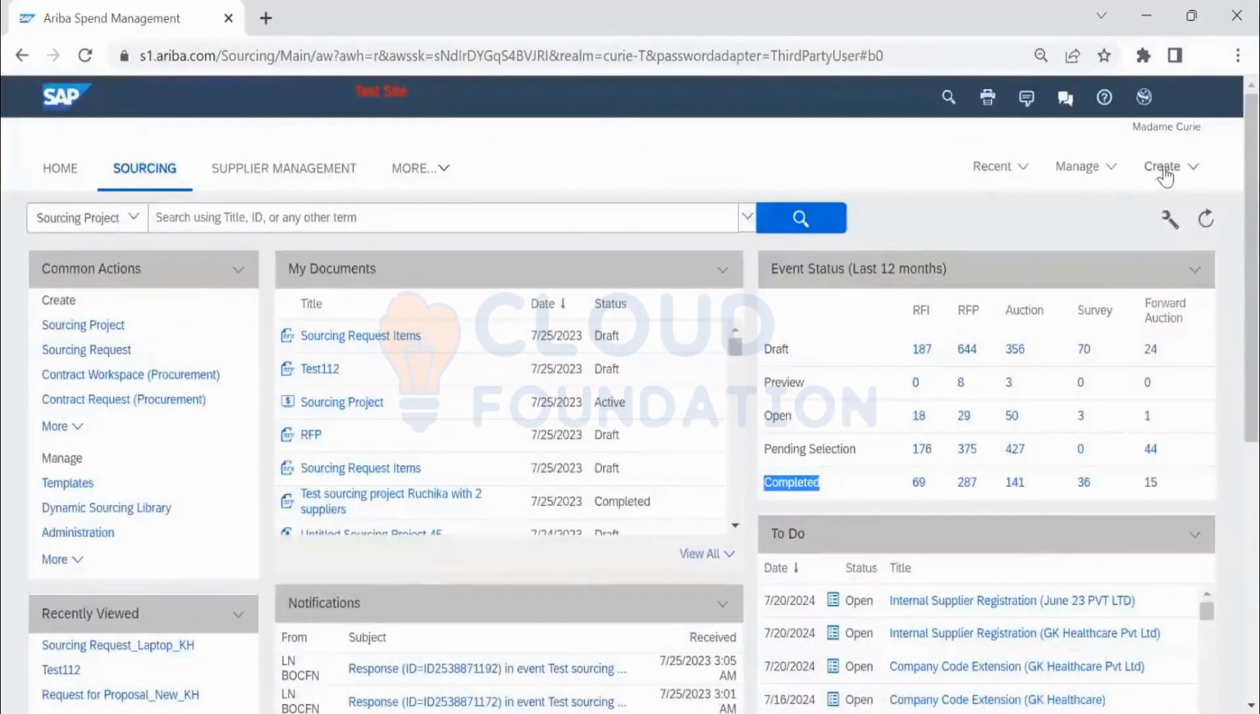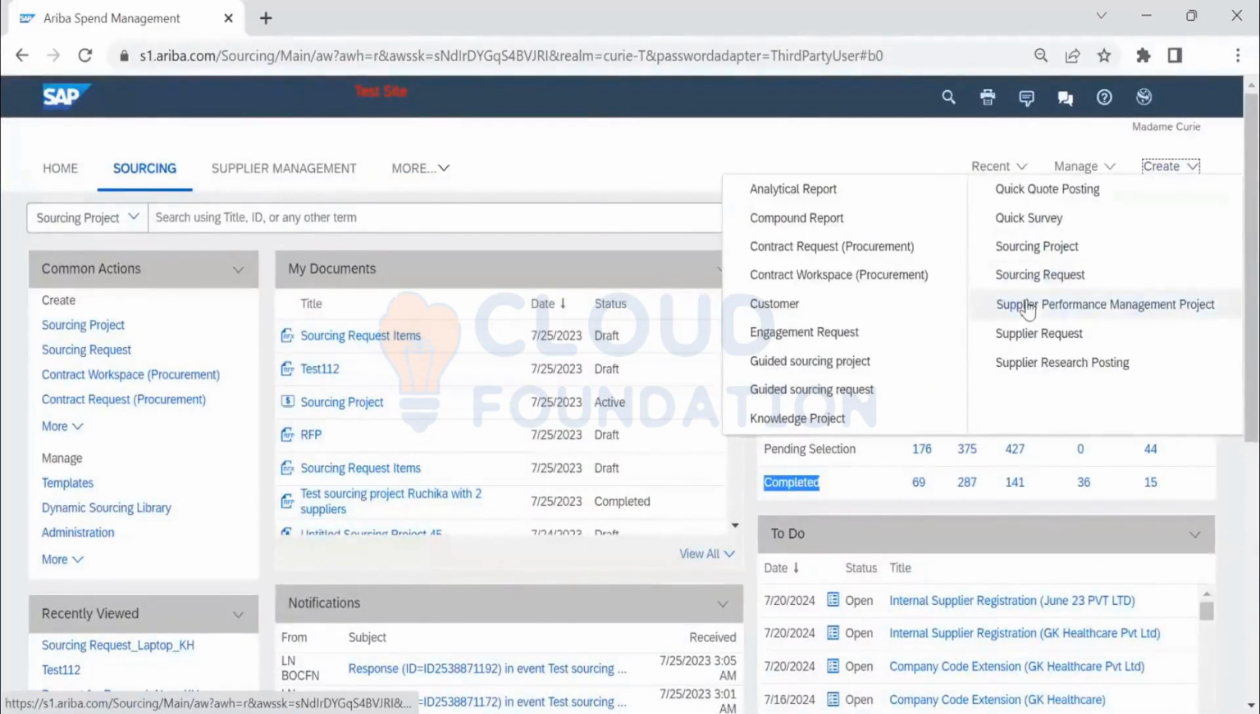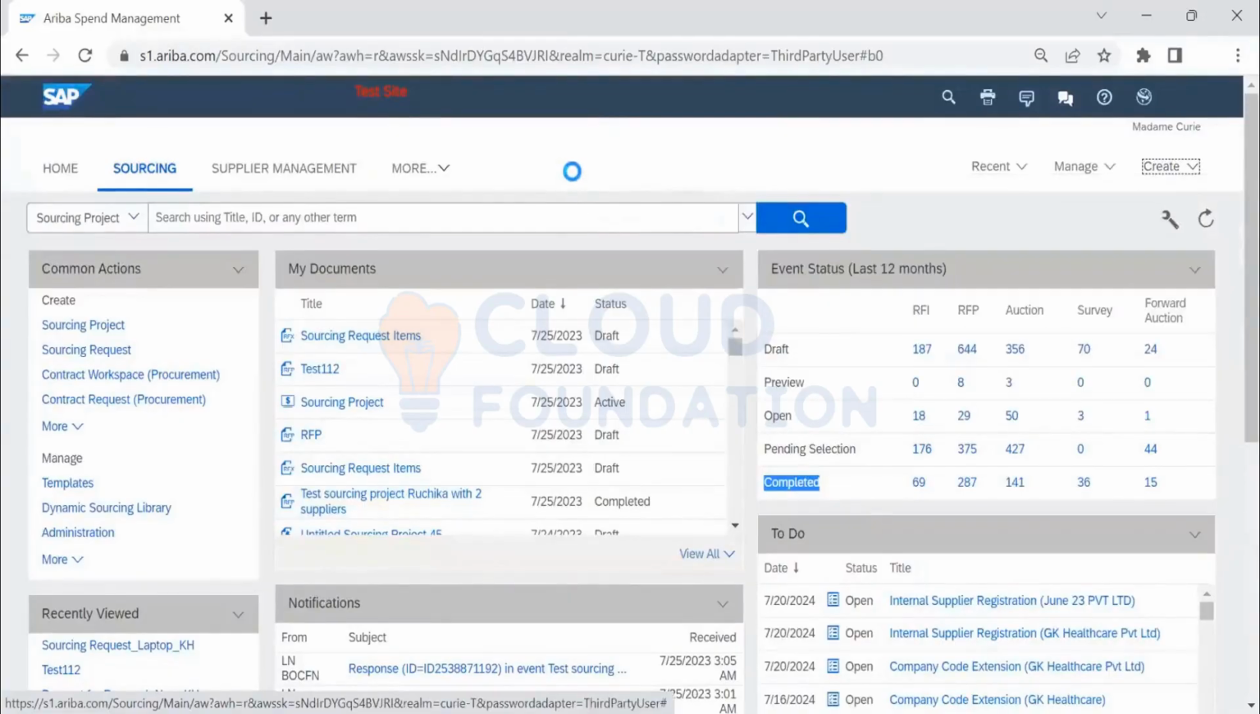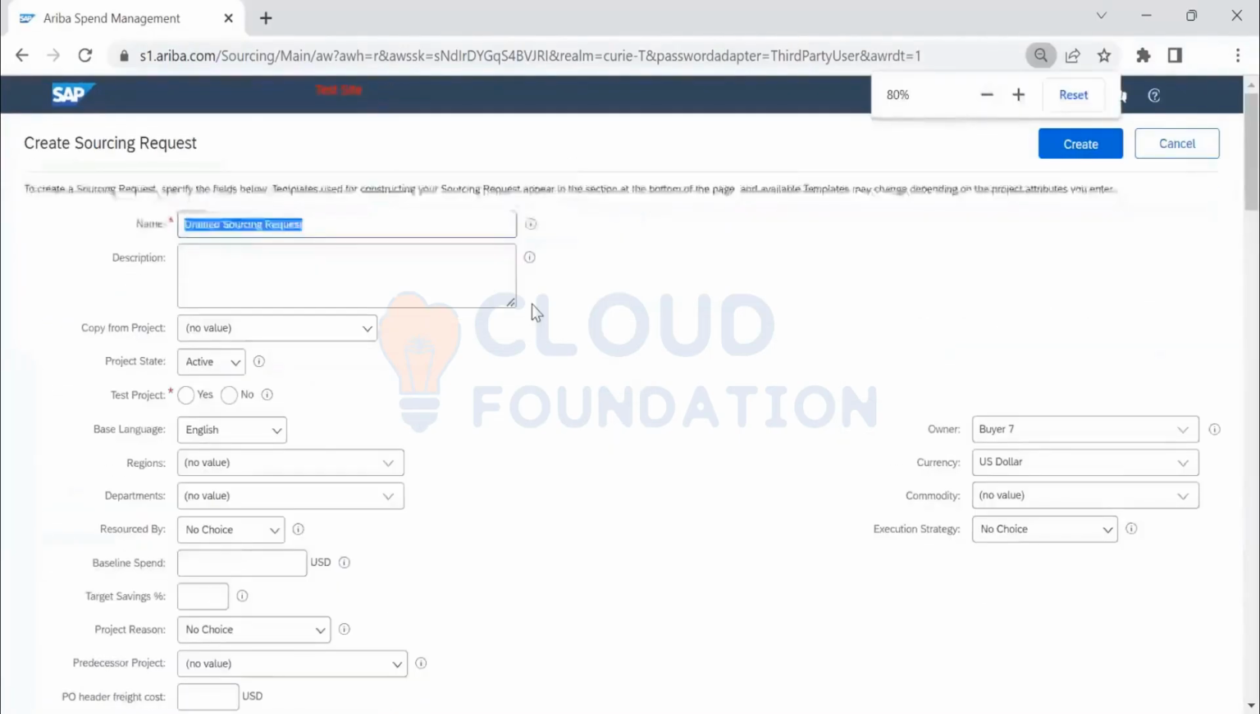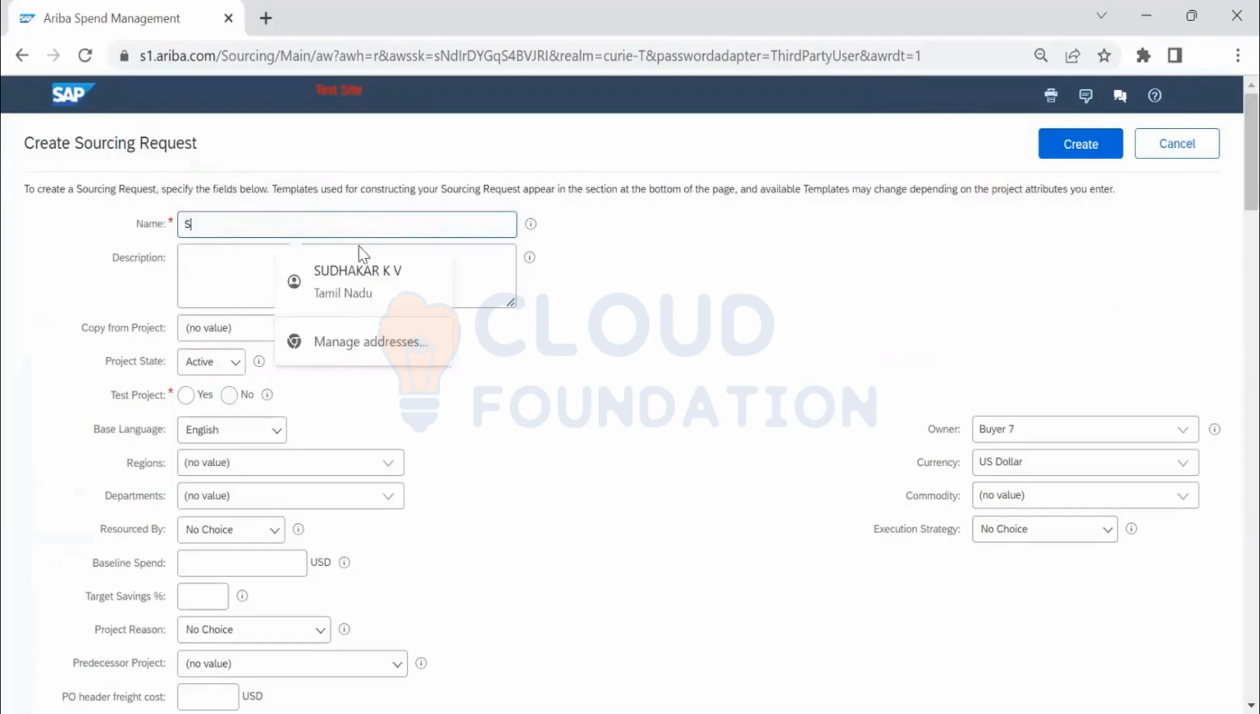Let's create one sourcing request first. As I mentioned, a sourcing request is an internal document which is created by an end user to the sourcing department, sourcing manager or sourcing agent. I'll be creating a sourcing request for the marketing team. Then I can add